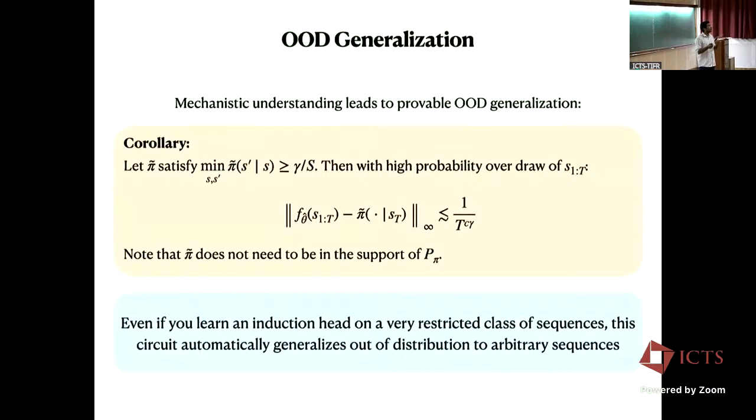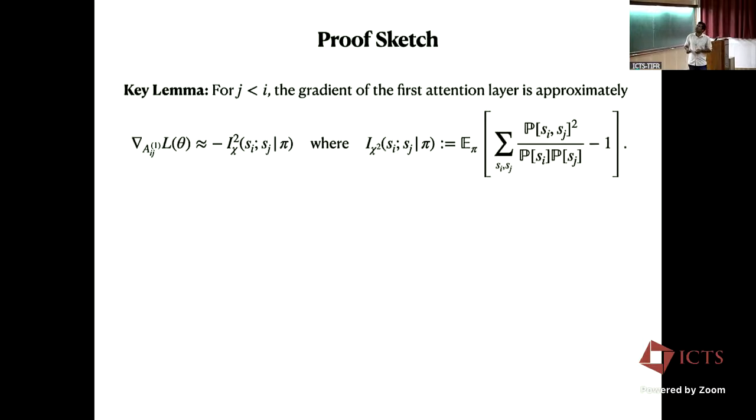Okay, it's because at the end of the day, the function is just a sample of function of your input sequence. So that's the main takeaway from this part. Okay. So, and the proof sketch,